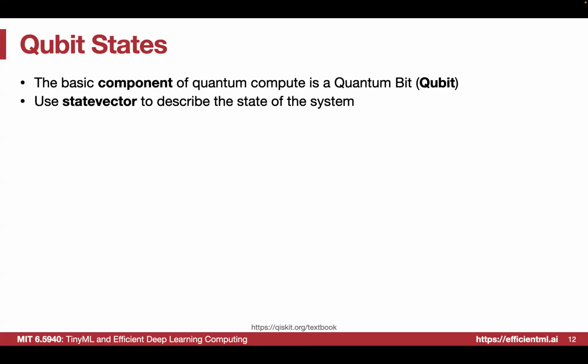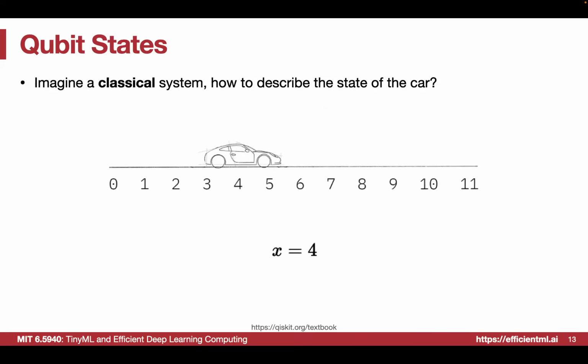If we consider a very low level on the quantum side, it's also the case. Say you have a quantum bit, and it contains some state, right? You can manipulate the quantum state by applying some operations to the qubits. In order to understand what exactly the state represents, we use some mathematical tools to represent it. Here we call it a state vector, because it can be described by a vector of all the information of the system.